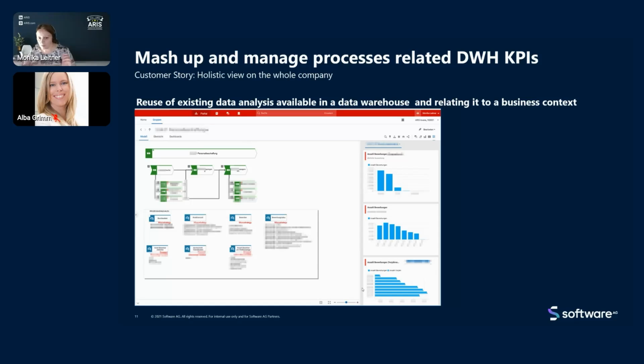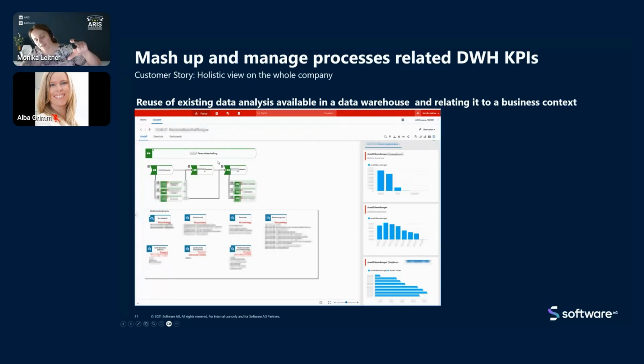And as always, the data owner of the data warehouse didn't like us to connect to their existing database, so they extracted with their reports and pushed their data into our ARIS document storage, where we could just publish the data, but, and this is the big but,